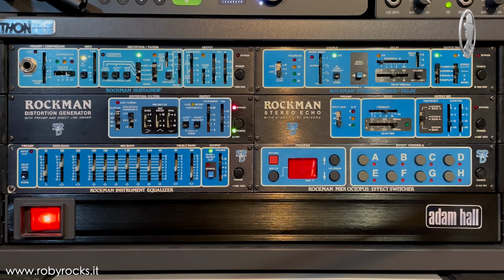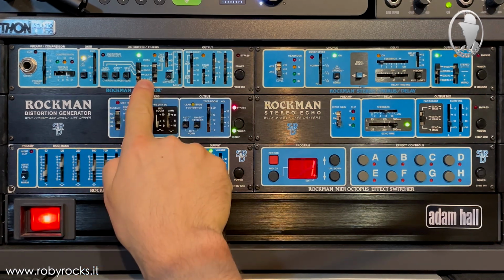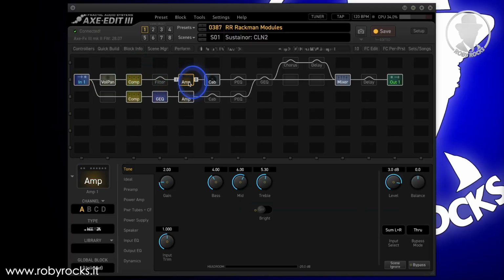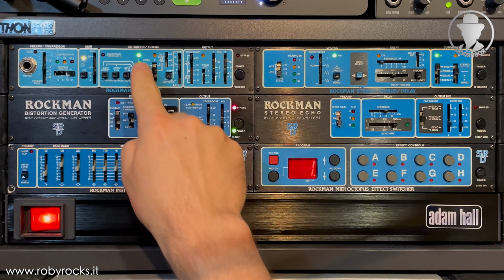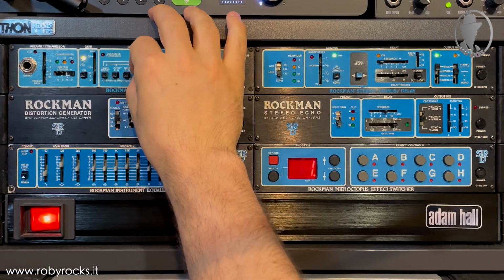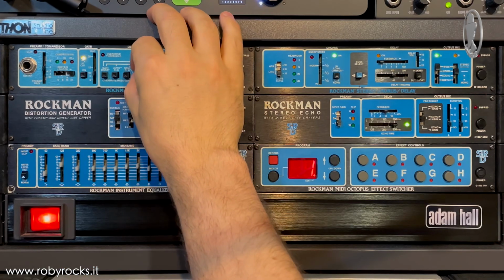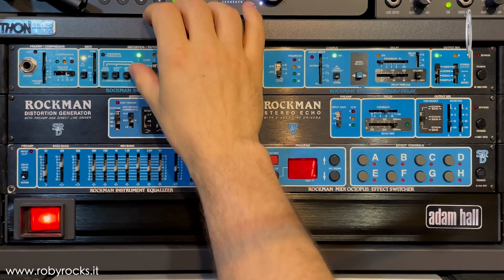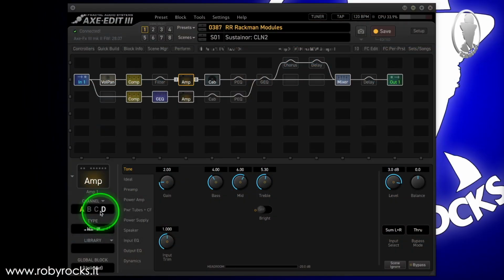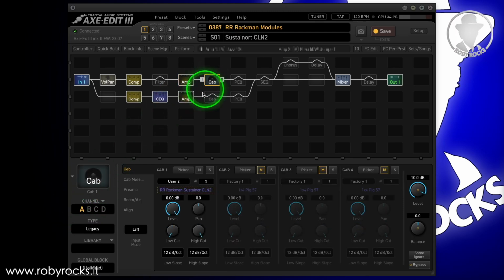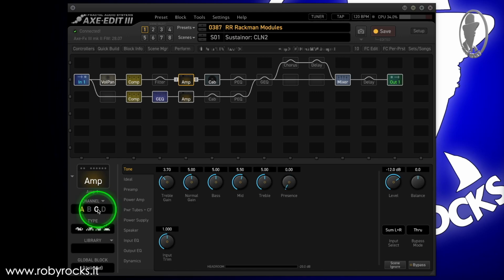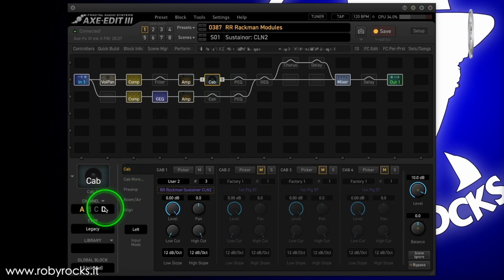Next, we come to the heart of the Rockman Sustainer, the channel selection, which we saw a moment ago in the scenes. Here, you act on the AMP block where A is clean 2, B is clean, C is edge, and D is dist. But be careful because each channel has its own respective impulse response, so if you select channel A on AMP block 1, you also have to select channel A on cabinet block 1. For example, if I choose channel C, edge, on AMP block 1, I must also select channel C on cabinet block 1. This is exactly why I decided to use scenes, so the AMP and CAB pairings are already set when using the scenes.